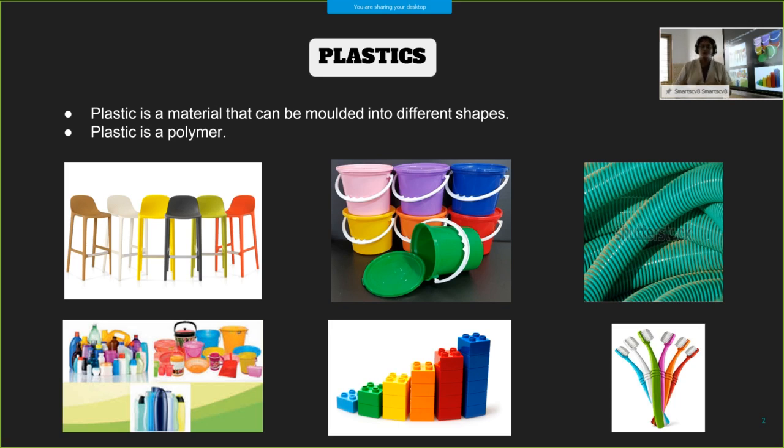So plastics are also polymers. They are also long chains made up of many monomers, and each monomer is a chemical substance. Okay, so plastic is a material that can be molded into different shapes, and plastic is a polymer. Now look at the various things that can be made of plastic: chairs, buckets, pipes, brushes, toys, and many household